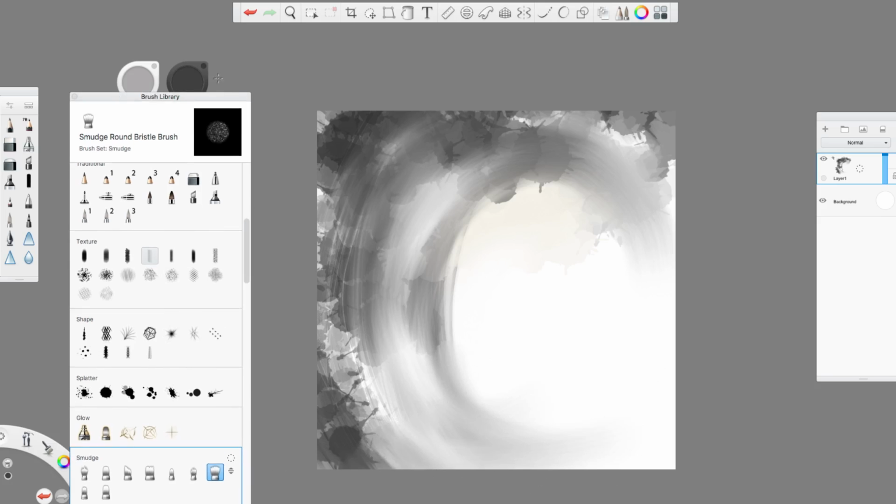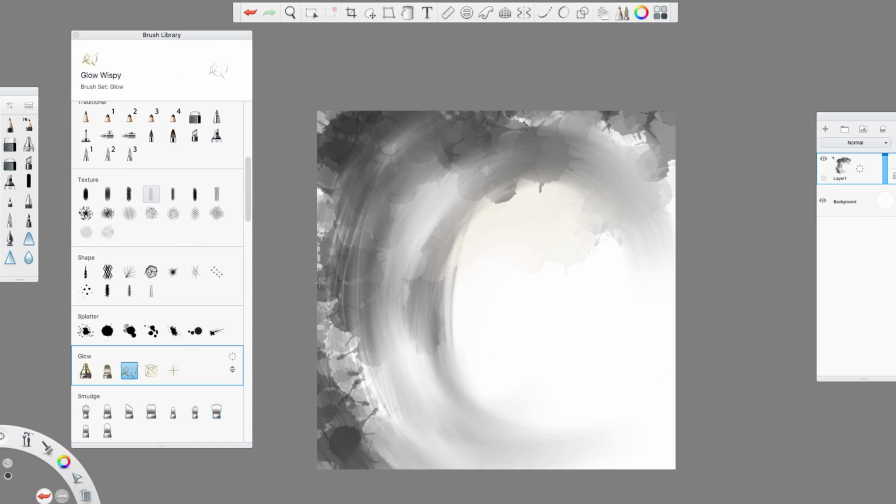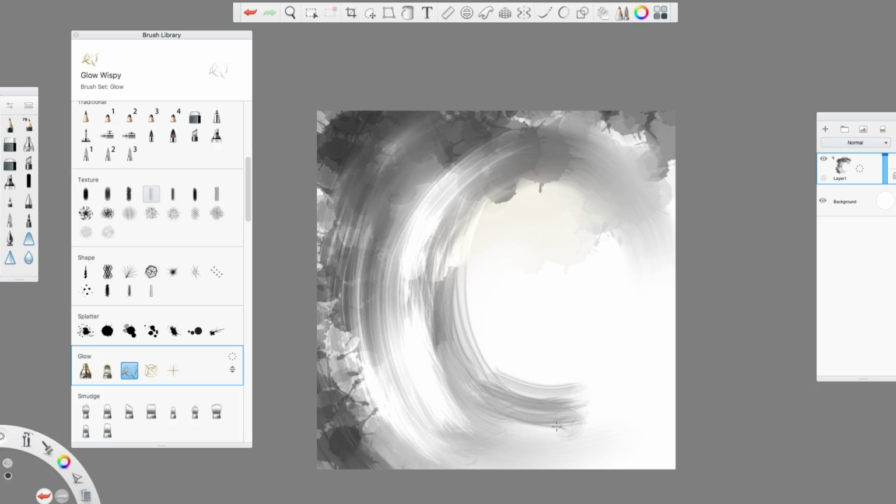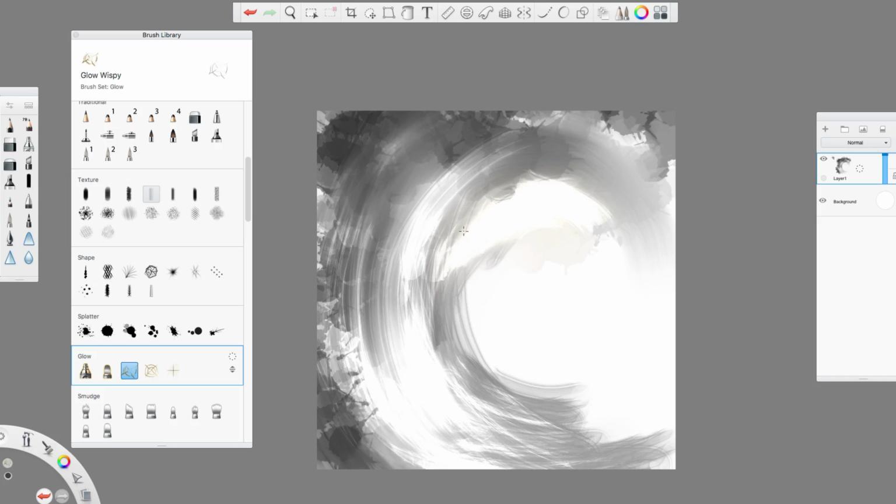But I like the overall look that I had from passing this brush over it, so I'm gonna do that really quickly again. It's a glow brush, just letting you know. So pass it, and then it gives it like this overall glowing area. The more you go over it, it glows. So I want to have this portion of it glow back here,